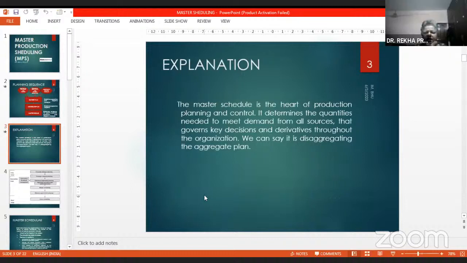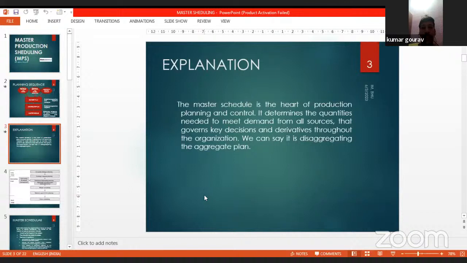Yes. And Praveen, yes, explanation. The master schedule is the heart of production planning and control. It determines the quantities needed to meet demand from all sources, that governs key decisions throughout the organization.